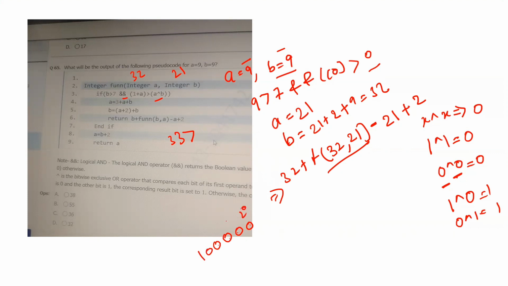See, this is 2 power 0, 2 power 1, 2 power 2, 2 power 3, 2 power 4 and 2 power 5. So 0, 1, 2, 3, 4, 5. Okay, so 32 it is, and we have to solve it with 21. So 21 we can make as 16 plus 4 plus 1. Means 16 is which one? 0, 1, 2, 3, 4. This is 16, so make it 1. Then 2 power 2, 4, make it 1, and this one is 1, right?